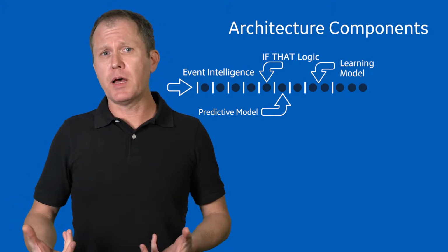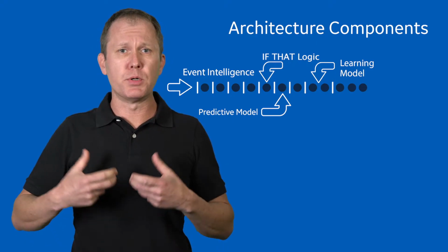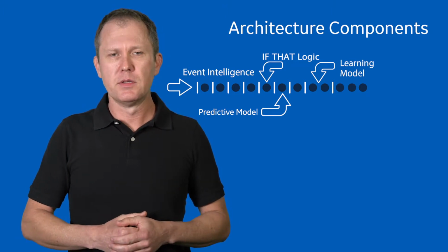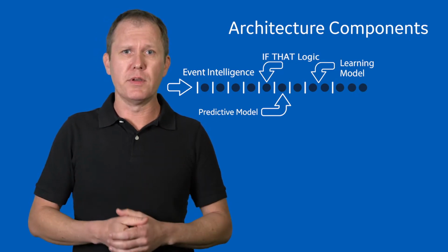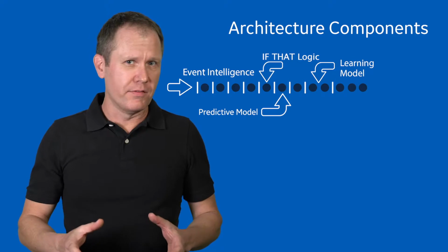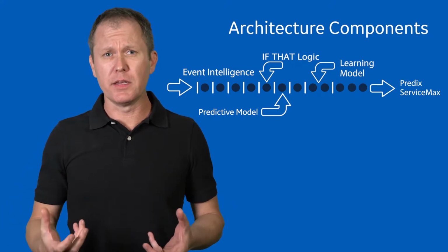Ultimately, that IoT platform sifts through all of those data streams, often in real time, to produce events of interest infused with intelligence about that event. And so up to this point, the event and the intelligence coincident with that event are locked within the IoT platform. We now want to unlock that information when we pass it into Predix ServiceMax to automate handling of CFS